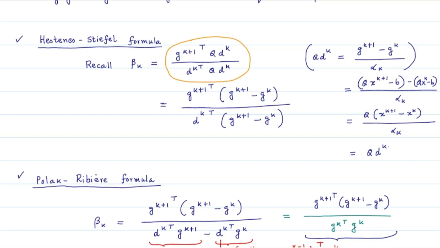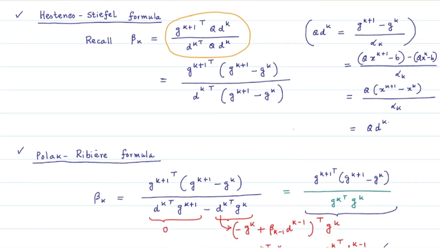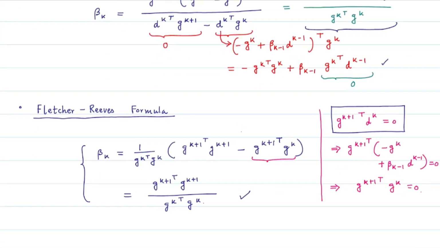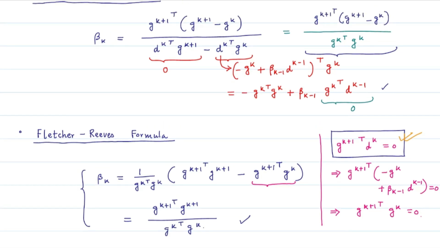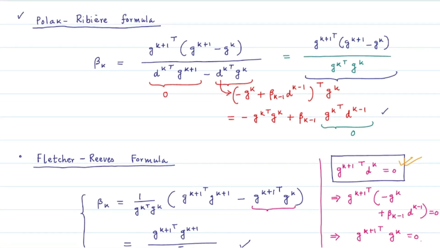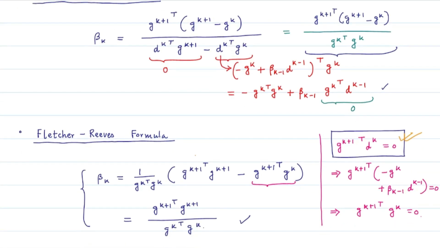However, this is not the case for general nonlinear objective functions. For a general nonlinear objective function, you may not have this expanding subspace theorem holding true. And therefore, all these three expressions are not identical for a non-quadratic function f. If we are going to choose any of these beta k expressions, let's suppose you choose